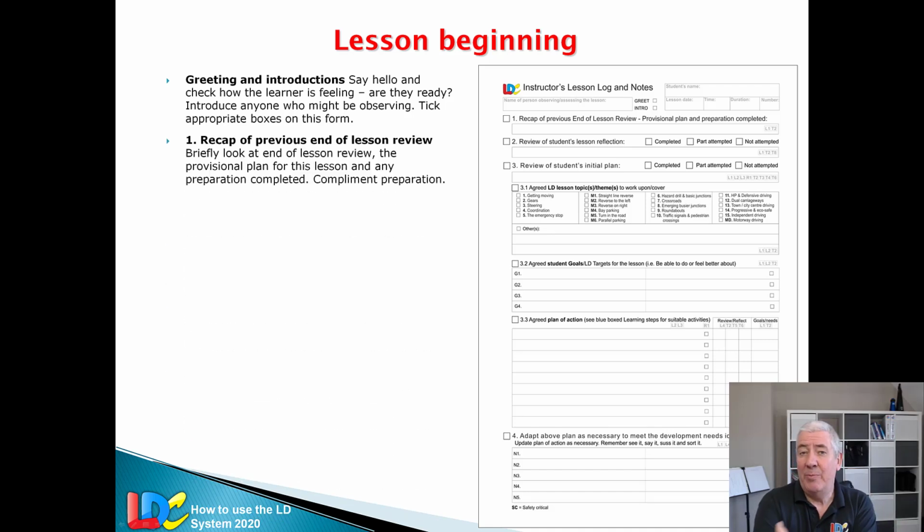So, recap of the previous end of lesson review. Look at that review. Did we have a provisional plan for today's lesson? And have they done any preparation? Always compliment any preparation they've done. Oh, brilliant, well done. It's vitally important that we're encouraging them to do more of it, so praise them when